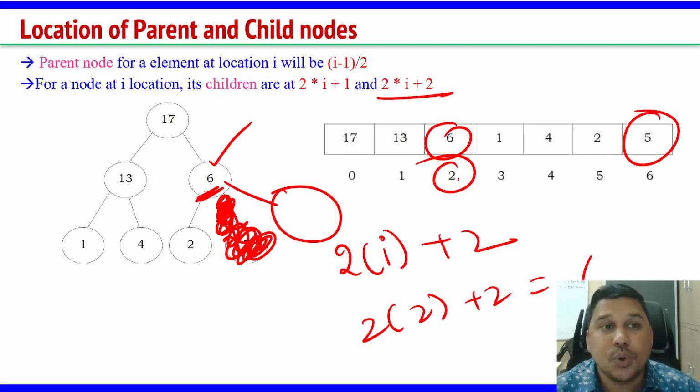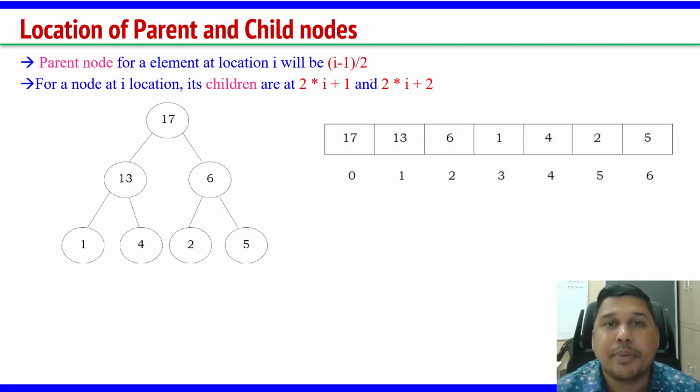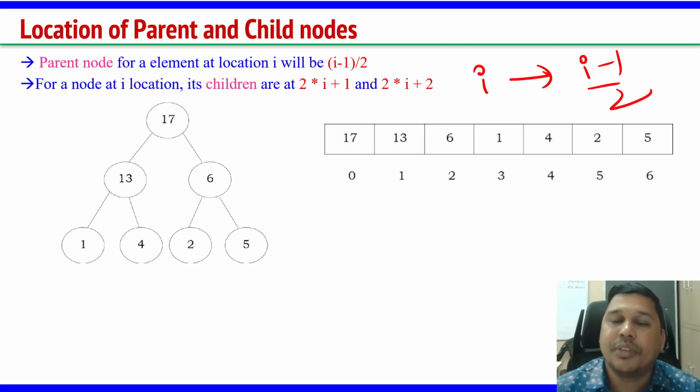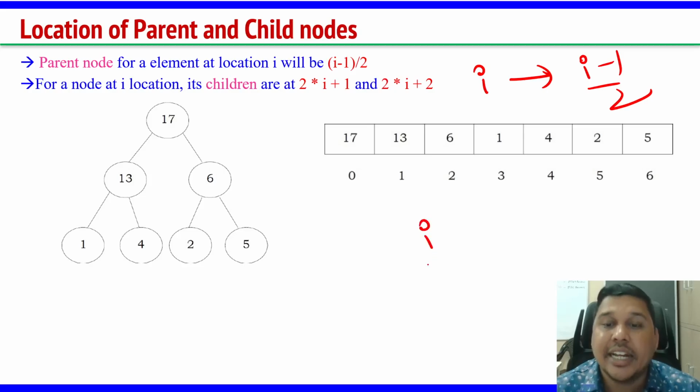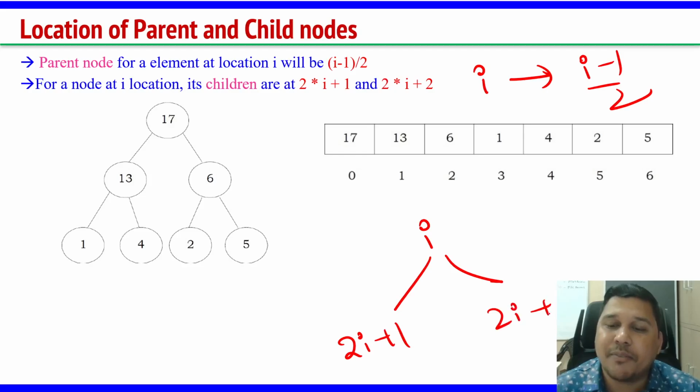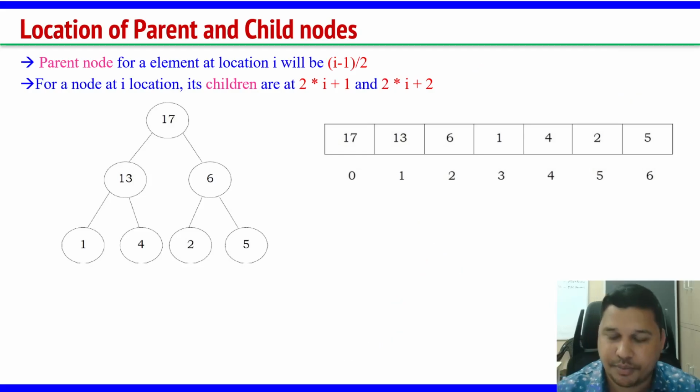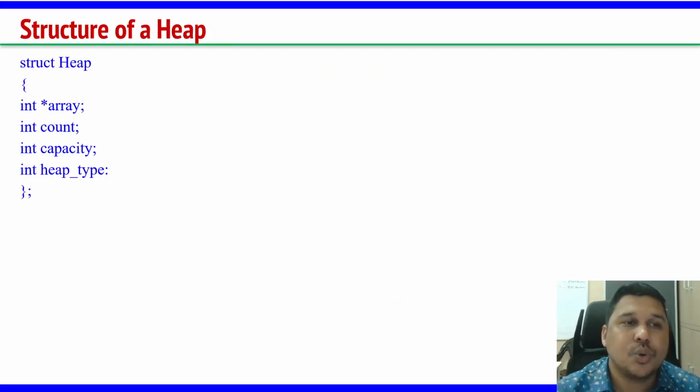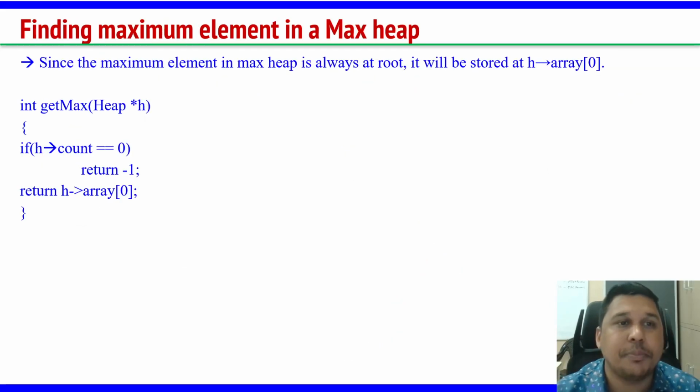So, we use these two important principles. If an element is at index I, its parent will be at (I minus 1) by 2. If an element is at I, its two children will be at 2I plus 1 and 2I plus 2. Using this only, we are going to carry out all the insertion and deletion operations on heap trees. So, the basic structure of a heap tree: